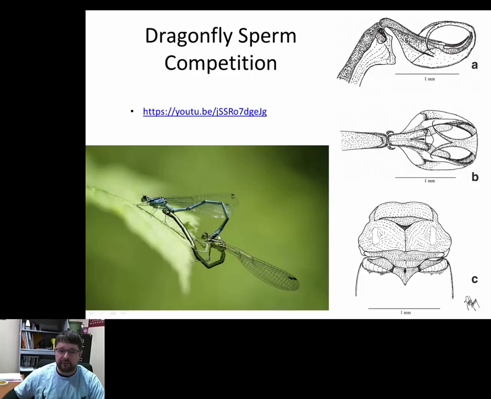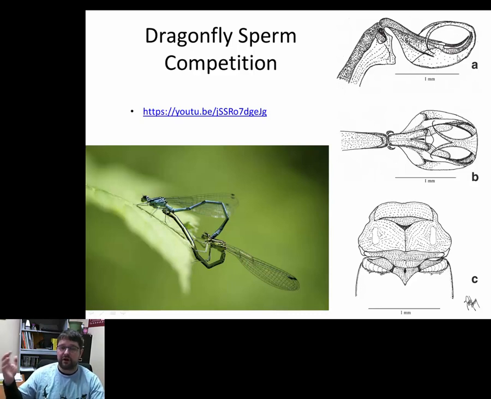Now, males in insects, along with a lot of organisms, have their sperm ducts down here at the base of the tail. But you know that the male is not going to be fertilizing the back of the head of the female. She doesn't have reproductive organs there; she has her reproductive organs here. So what the male does is he pumps his sperm all the way up a sperm channel and into the beginning of the abdomen, and then he can fertilize the female. But before he does that, he sticks his penis inside the female, and it looks like this.